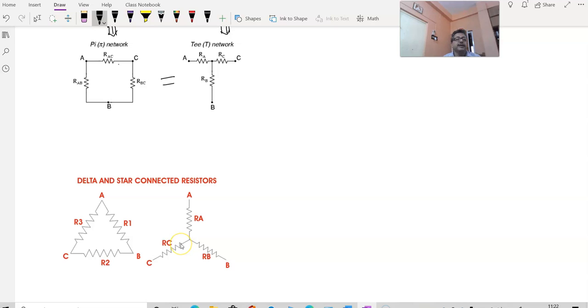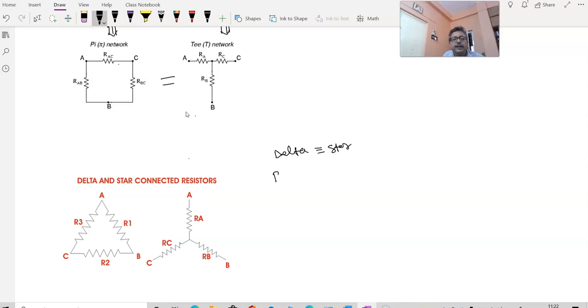Now let us see how to find out the relation in converting a delta to star or star to delta. This one I have taken here: between A and B resistance R1, between B and C R2, between C and A R3, and from the point A the resistance starting RA, from B it is RB, from C it is RC. So let us write the equations available here. These two will be equivalent. Delta will be equivalent to star if